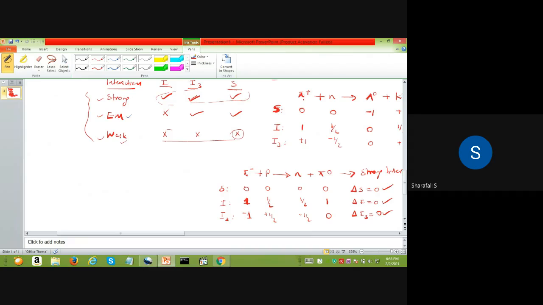So that's all about strangeness and isospin conservation. In the next class, we will deal with